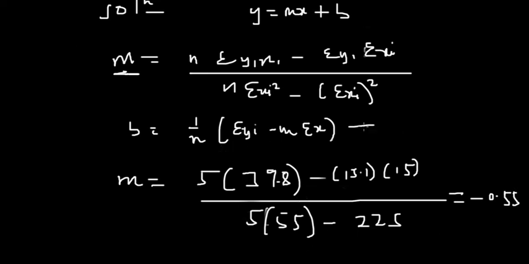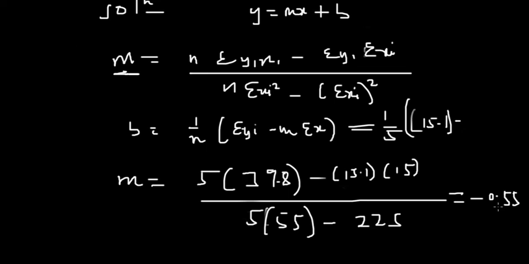Now let's find the intercept. So for the intercept you have 1 over n, which is 1 over 5, and then you have the summation of y. You already know the summation of y over here. It is 15.1. Okay, and then you just subtract that from